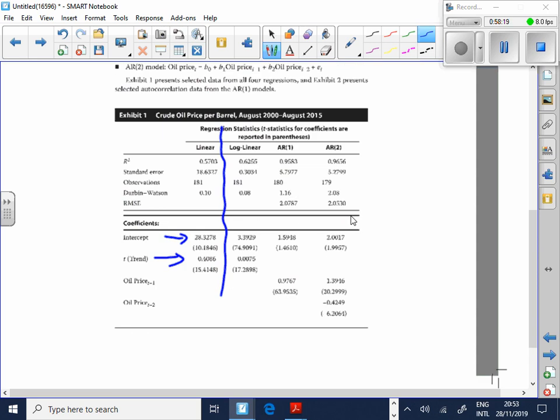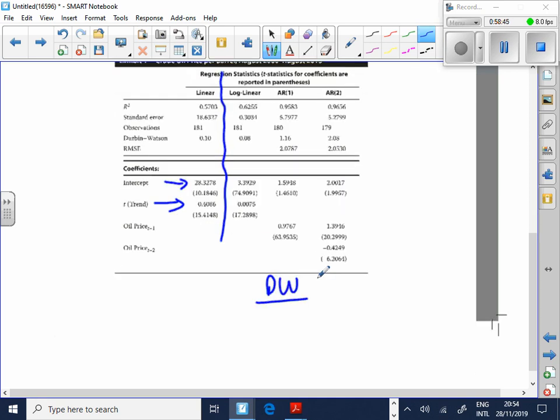Which ones am I looking at over here? They're talking about linear and log linear, by the way. If you see from the solutions, what are they saying? Remember my Durbin-Watson has a lower level of 1.75. The high level, I don't know, they didn't give it to me, but it's higher than 1.75, isn't it? Make it whatever you like. Where do the two Durbin-Watsons for linear and log linear sit?